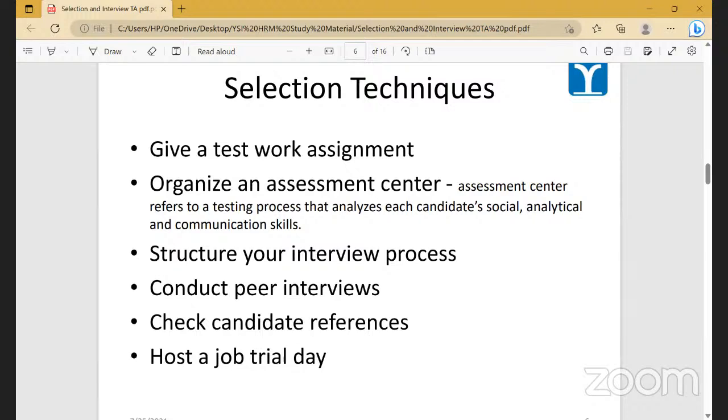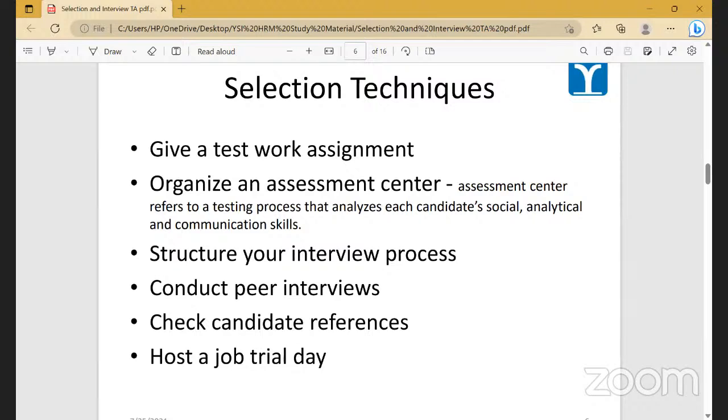But once people are here in the organization, HR का major customer कौन बन जाता है? All the employees who are inside the organization. So your social skills that is required to manage internal people can differ from what it is for the external people for sales team. So this is how things needs to be handled and seen. That's why assessment centers can differ from one position to another position, even for these similar skills if we are hiring. Then other structure your interview process.